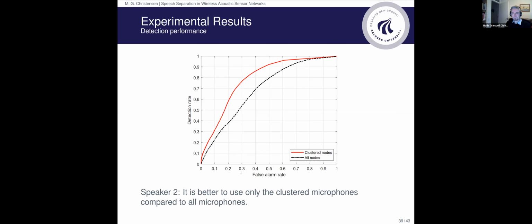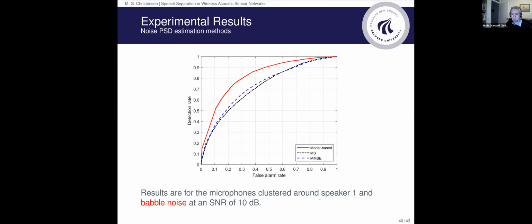If we then go to speaker 2, again, we can see the same story here, that we get better performance just using the second one. And yes, here we see the results for speaker 1 and babble noise at an SNR of 10 dB here, as compared to the minimum statistics method, the black one, and the MMC method here. And you can see you actually get much better performance with the model-based approach here,